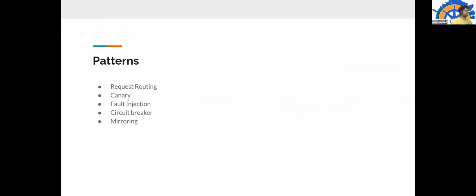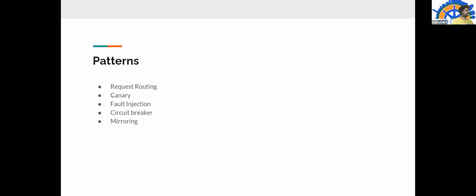Now let's talk about the canary, wherein we first direct all the traffic to one version, and then we split the traffic into different versions, V1 and V2, and then eventually we direct all the traffic 100% to a single microservice.